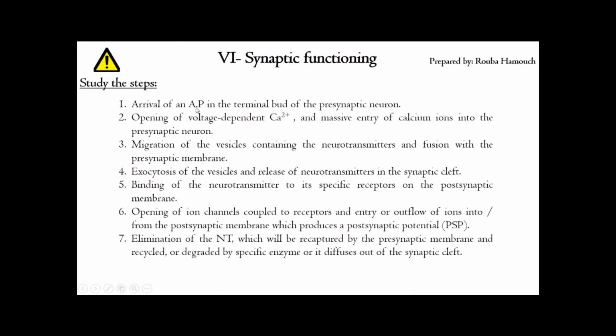So the first step, arrival of the action potential, then opening of voltage-gated Ca2+ channels, exocytosis of the vesicles and release of neurotransmitters in the synaptic cleft, binding of the neurotransmitters to their specific postsynaptic receptors, opening of chemical-dependent channels, and entry or outflow of ions into or from the postsynaptic membrane, which produces a postsynaptic potential or